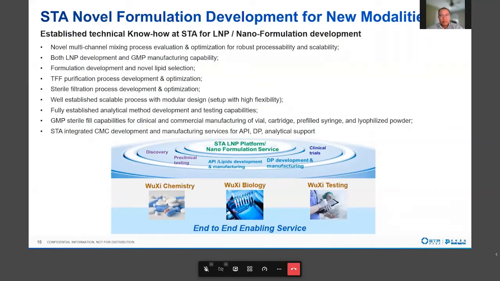Our analytical method has been developed for oligo LMP drug product, and our GMP system will be fully validated by the end of the third quarter this year. At last, I want to emphasize that our ultimate goal is to provide end-to-end enabling service for our customers. Our LMP platform is a cross-functional platform, and we get a lot of support from our process CMC team. We have all the key functional lipids and oligos made in-house at GMP level. We also get a lot of support for in vitro and in vivo testing from our other divisions. So there is a great synergy here at WuXi to help our customers develop innovative medicine and help patients in the world. Thank you.